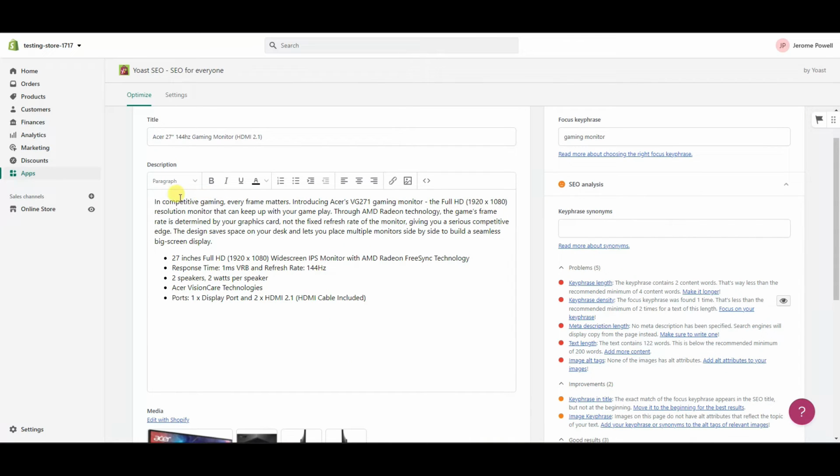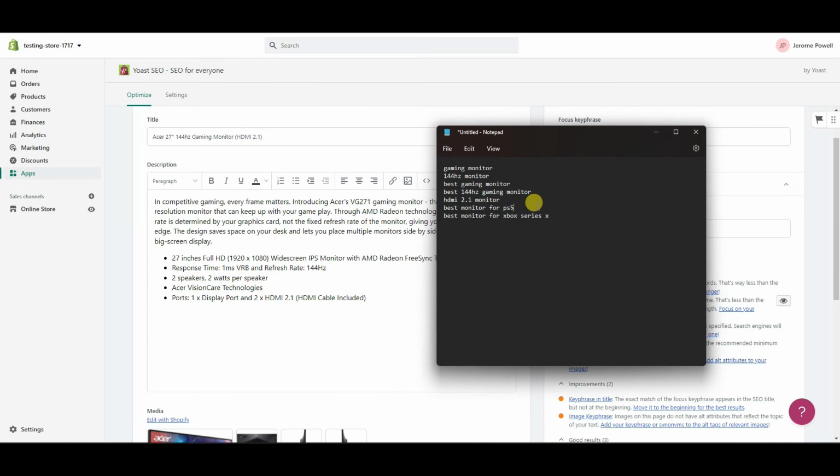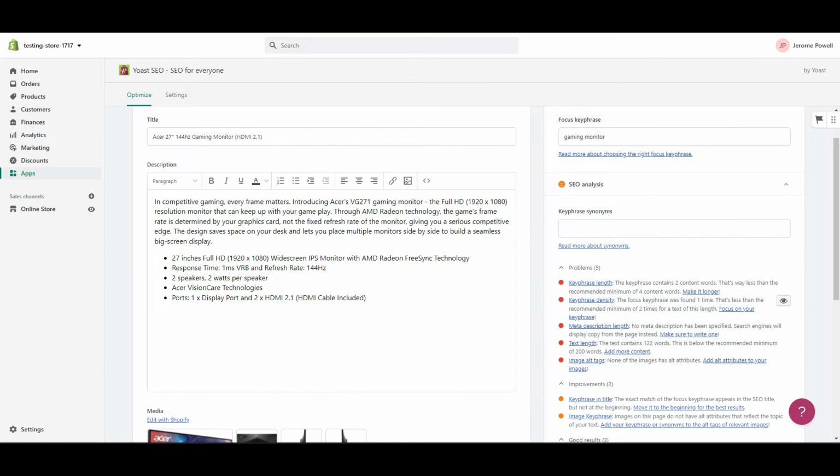So coming down to the actual description now, we can see that the description is decent, but it's a bit short. It has HDMI 2.1 in it. It has 144 hertz in it. We want to make sure that we have our keywords in it a couple times and add in a few different keywords as well. So let's say, for example, if we take a look at our longer keywords here for PS5 and Xbox Series X, which aren't in this description at all, we could add a sentence after this to say something like, all of these features make this monitor,